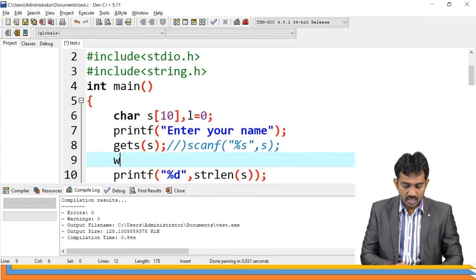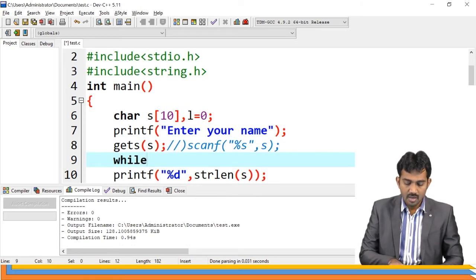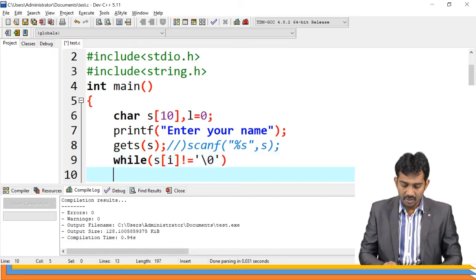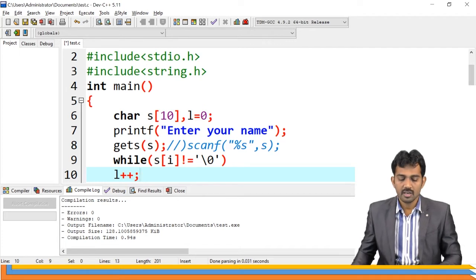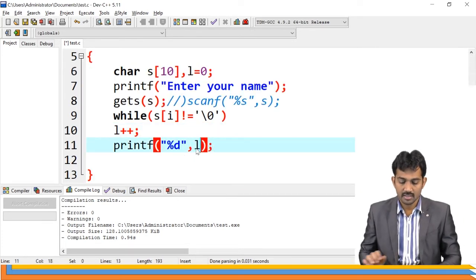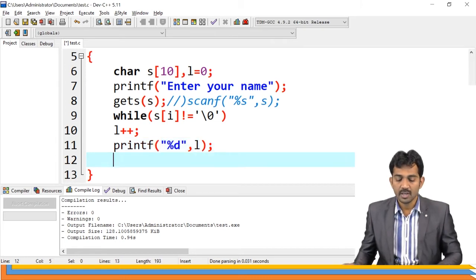What is my task? I want to repeat while S of I is not equal to the null character. Every time I need to increment, L plus plus. That's all, my code is over. What is the length? L.